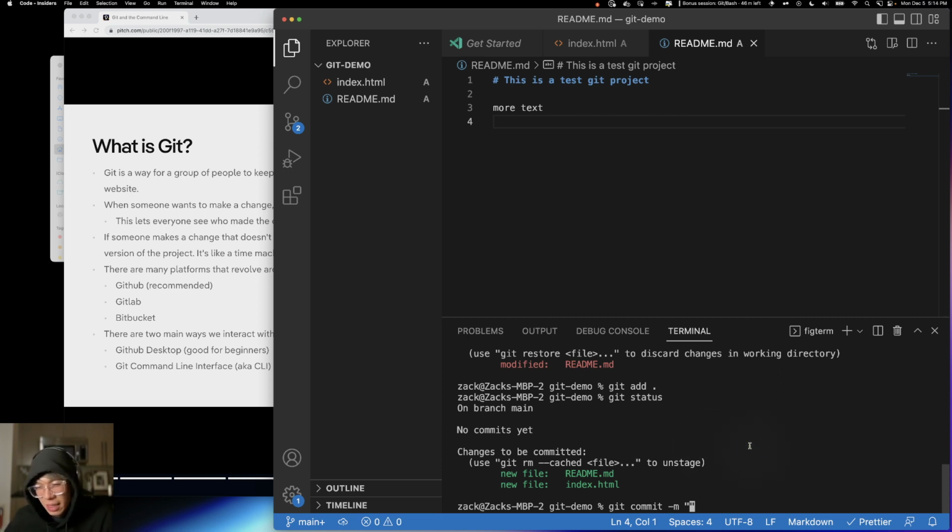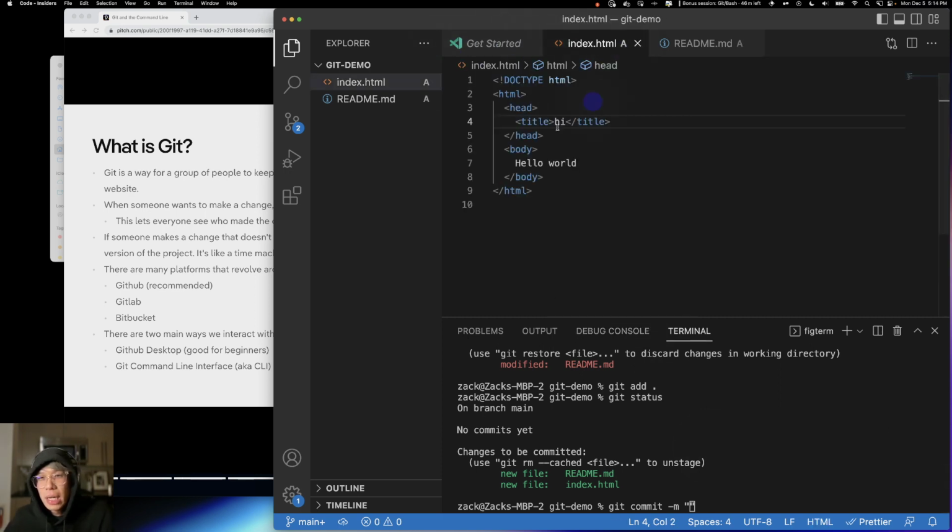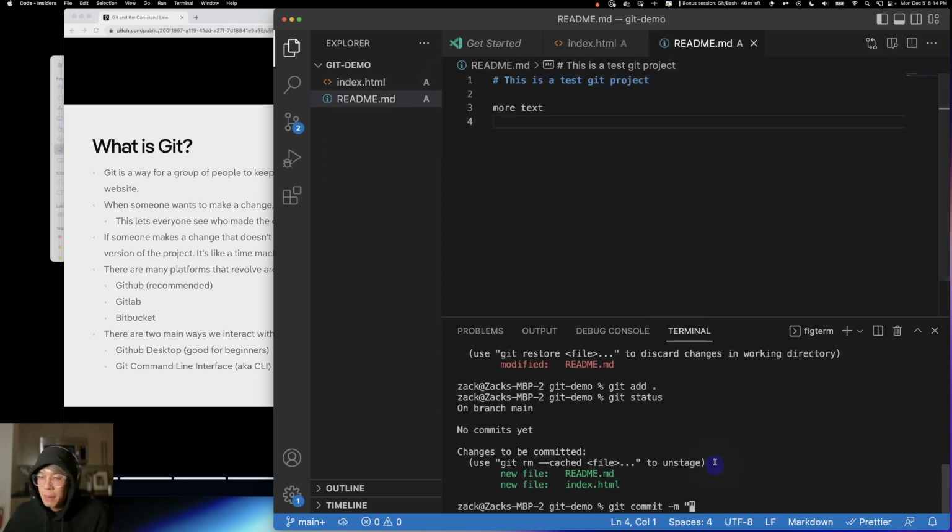So basically all we did here was create a basic index HTML file and a README, so maybe we'll just say that. We have to put our message in double quotes. That's another thing to note, or I guess it can be single quotes too, but you can do double quotes or single quotes. So git commit -m, double quotes, and I'm going to say "created index.html and readme" and close the double quote. It should look something like this: git commit -m and then your message. Okay, so now I'm going to click enter,